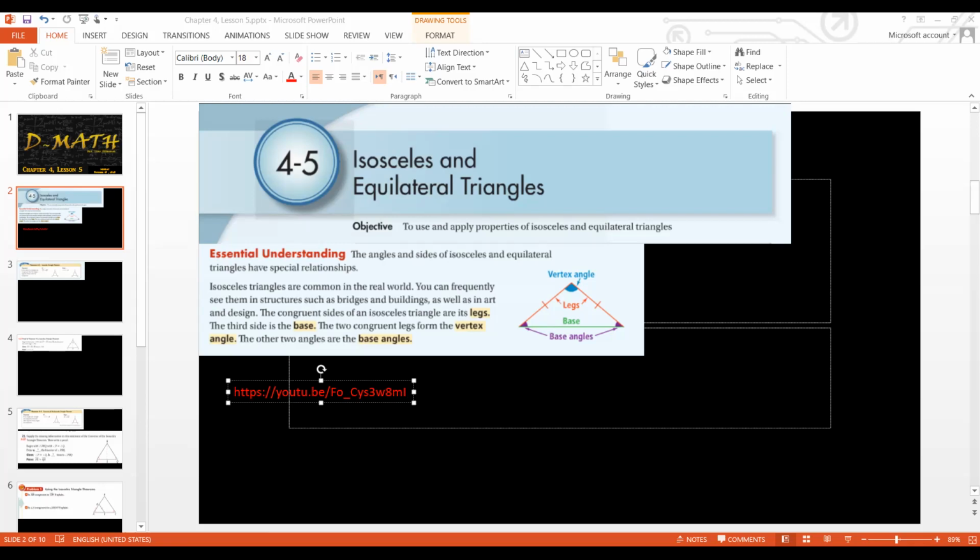And the third type we name as acute triangle. Acute triangle means the angles, each angle in the triangle, is less than 90. Now, and we said also that